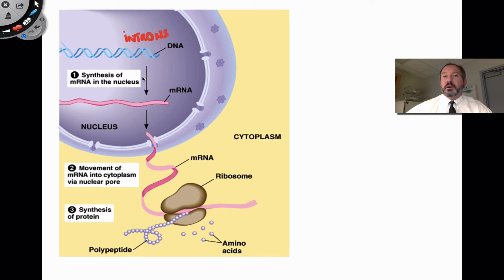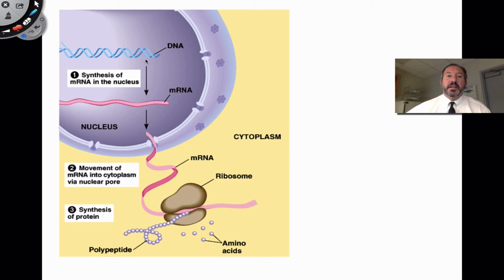Now all of it's transcribed, but before messenger RNA leaves the nucleus, the intron regions, the non-coding regions, are edited and removed, sort of like a film that you need to process before the final production is released. And so a lot of the material, like a film, a lot of it is edited out. And so the messenger RNA that leaves the nucleus needs to be processed. And then there's a little something that happens to the 5' end of it. There's a guanine methyl cap that's placed on, and a polyadenine tail is placed on. But again, separate video. So that's called RNA processing.